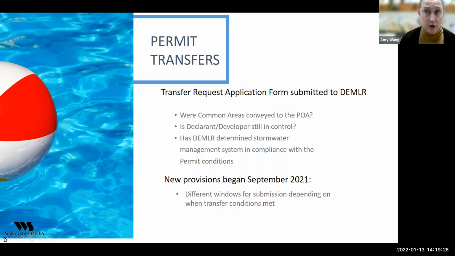Now, there were new provisions that were approved by the General Assembly and then the governor in September of this past year to address permit transfers. And there are different windows of submission of the transfer request now, depending on when the transfer conditions were met. Prior to this past September, there wasn't a time that triggered when those permits were supposed to transfer to the association. And oftentimes what happened, and there may be many of you on the call today that have experienced this, is the developer would get all the permits at the beginning of the project, complete the project, and then move on to the next project